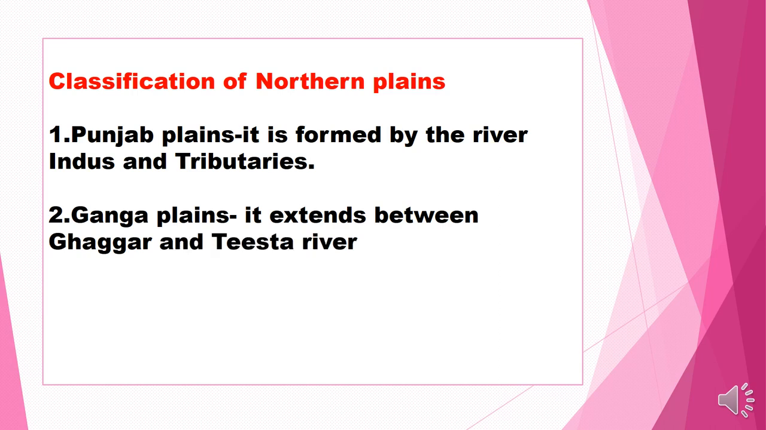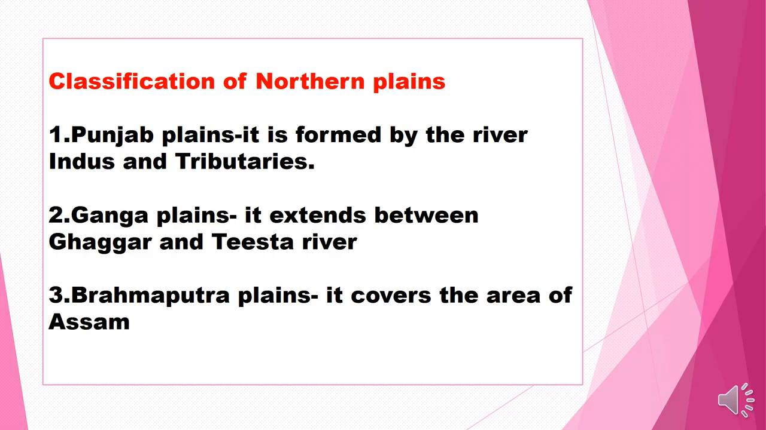Punjab plain is formed by the river Indus and tributaries, meaning Indus, Ravi, Vyas, Jhelum and Satluj. So all these rivers formed the Punjab plain. And the Ganga plain area extends between Ghagar and Tista river. Ghagar originates in Himachal Pradesh, and Tista river in Sikkim. So between Himachal Pradesh and Sikkim, this area is called Ganga plain area, and it includes Punjab, Haryana, UP,